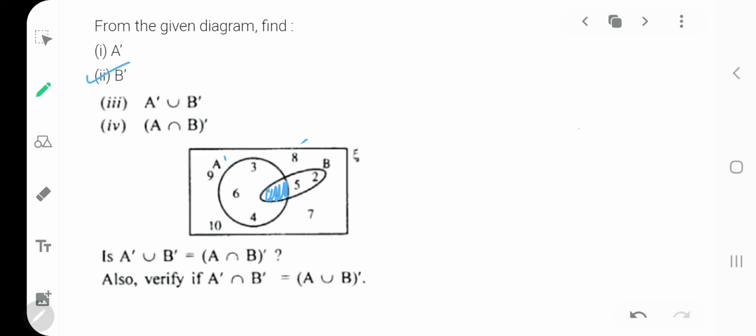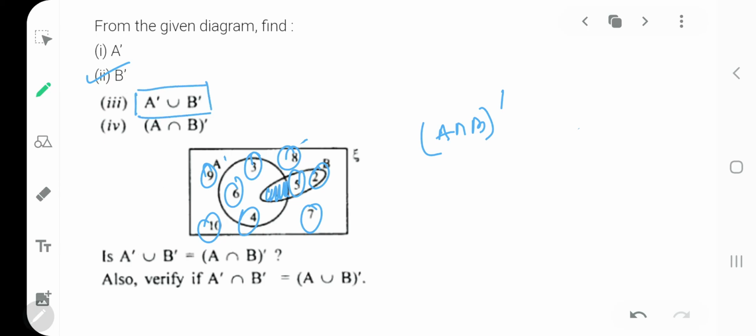Everything other than that 1 will be its complement. So all the remaining elements of the universal set will come into A intersection B complement. So the intersection point 1 will not be there. Clear? Next you have to see, you got in your answers A complement union B complement, and you also got A intersection B complement. You have to check whether they are equal. Are you getting the same elements in both of them? Can you check that? Yes.